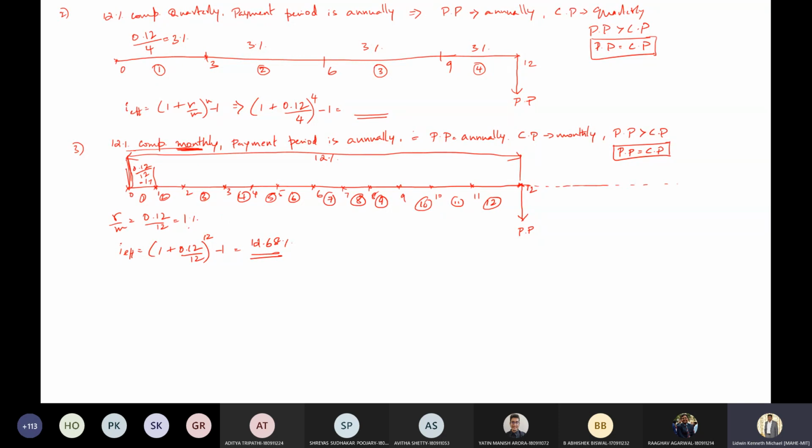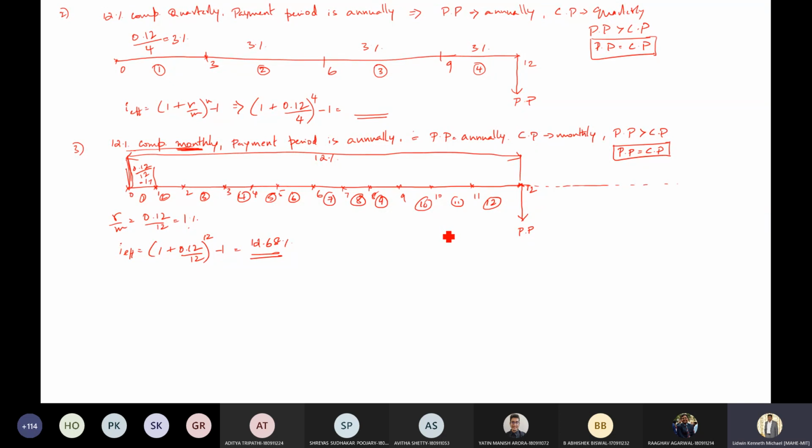Try to understand why I'm drawing this cash flow. I'm getting into detail and trying to make you understand. If you're able to understand this particular thing, solving any type of nominal effective interest rate problem will be easy. It won't be difficult for you. Any sort of problems you can take up, just break into small pieces and try to evaluate it. So I hope you're clear with this. Any doubts related to this?